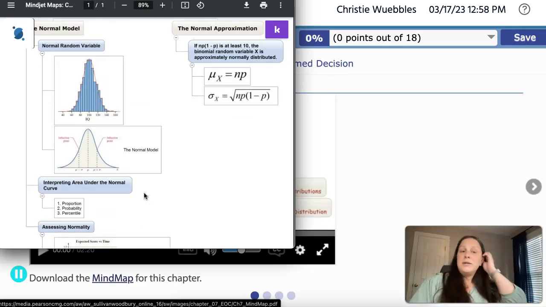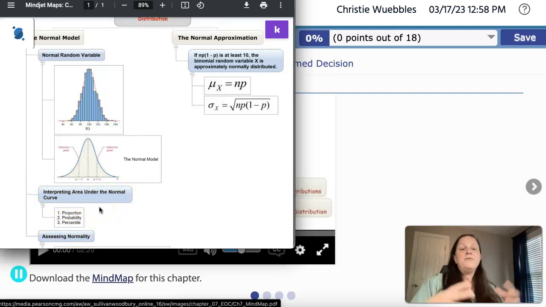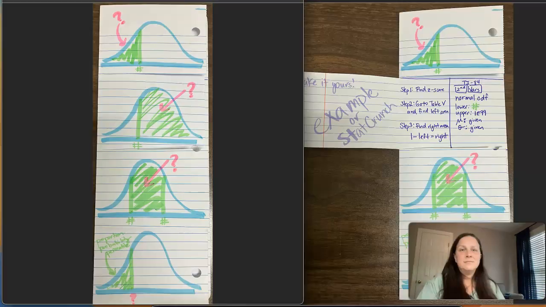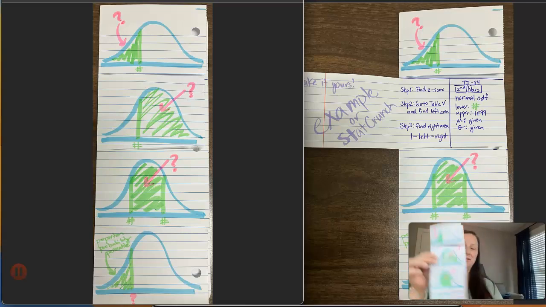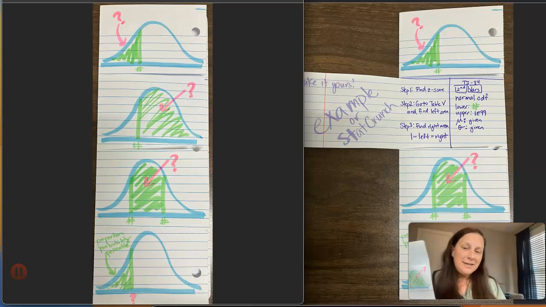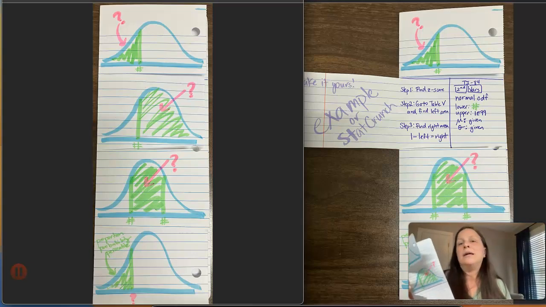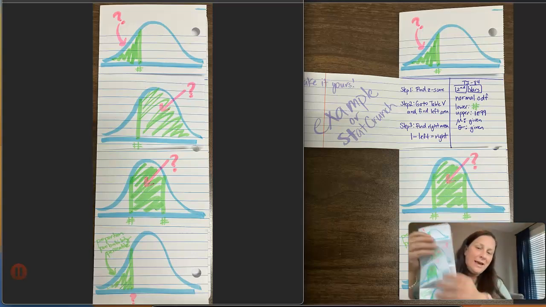Now, I also want to show you an additional resource that specifically focuses on right here, interpreting area under the normal curve and finding that area or working backwards as well. So let me bring up that picture. So what you see here are two pictures of this foldable that I created using an idea from a website called StatMedic. And all you have to do is just take a regular piece of paper, fold it in half,